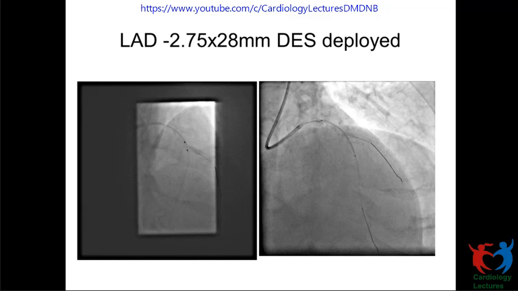So in culottes, actually you can keep the wire in the main branch or you can remove it also, because you are going through the main branch, so the crossing is relatively easier once you're doing that. Got it. So when there was a problem, you chose to change to femoral, you persisted with the radial. That's very good. Ma'am, this is the protocol we follow. Unless and until it is a left main, we do it through a 6 French. We are able to manage most of our cases through a 6 French radial.